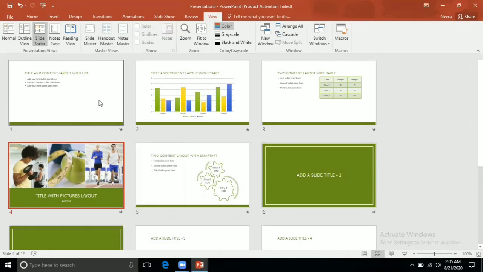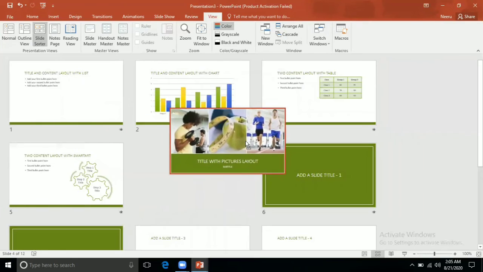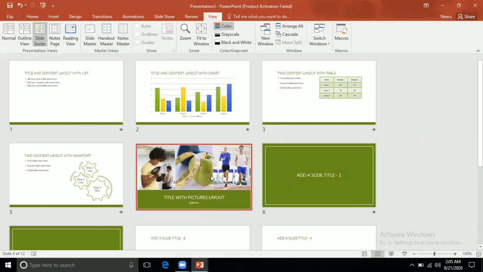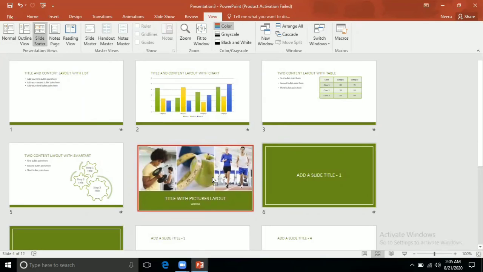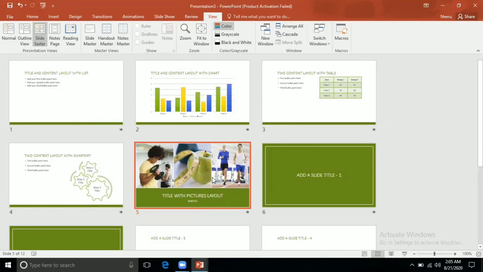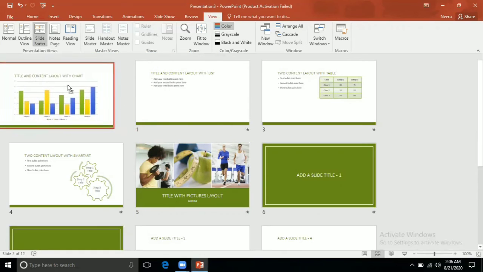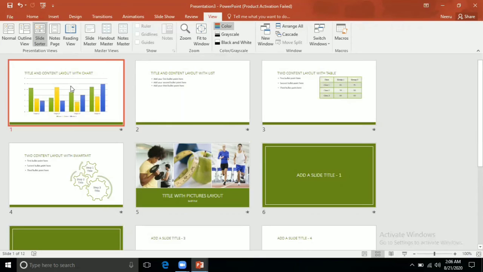So you can see here first, second, third and fourth. Wherever you want to place it, if you want to make it the fifth one, press the mouse left click and do not release it. When you decide where you want to place it, only then release the mouse left click. Like that, if I want to make this one the first slide, just select it, press the mouse left click, don't release it, and when you have placed it, only then release the mouse left click.